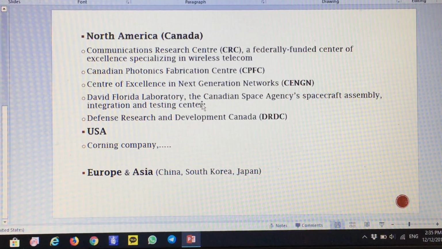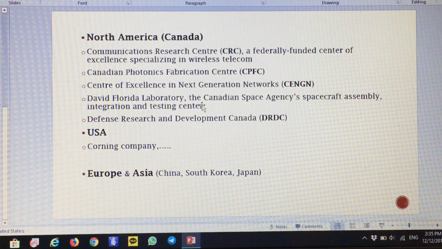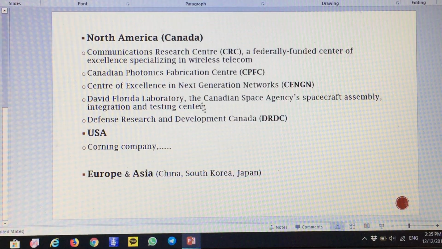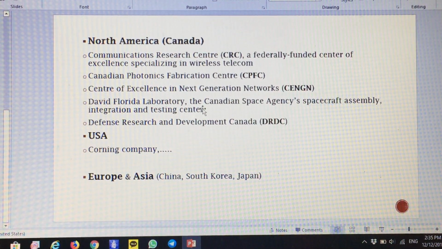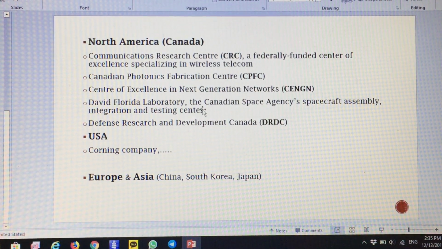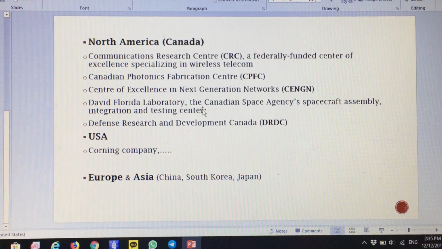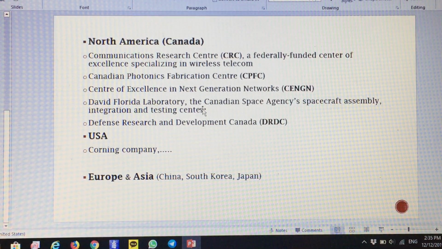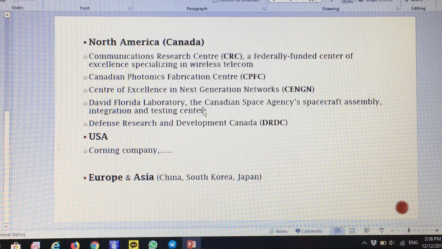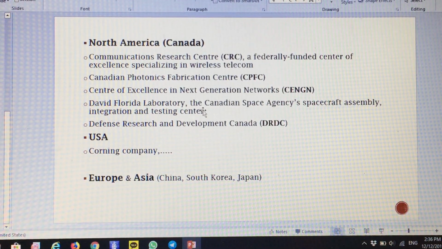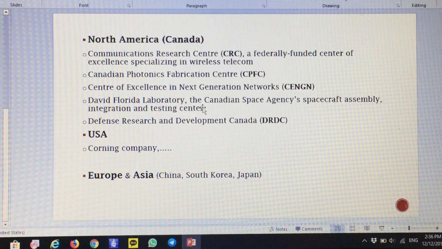As you can see, there are different research centers and institutes in North America and USA. In Canada, such as the Communication Research Center, Canadian Photonic Fabrication Center, Center of Excellence in Next Generation Network, and other research centers are working on fiber optics and telecommunication to improve it. Also in